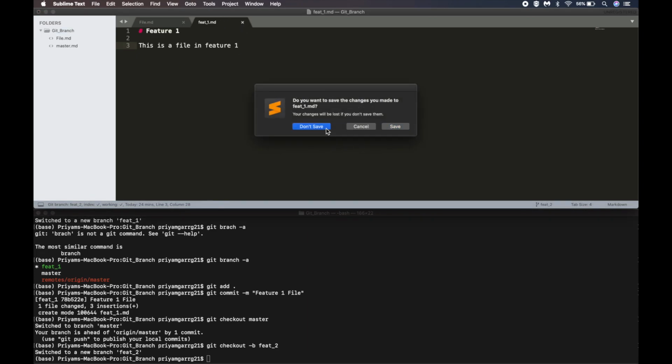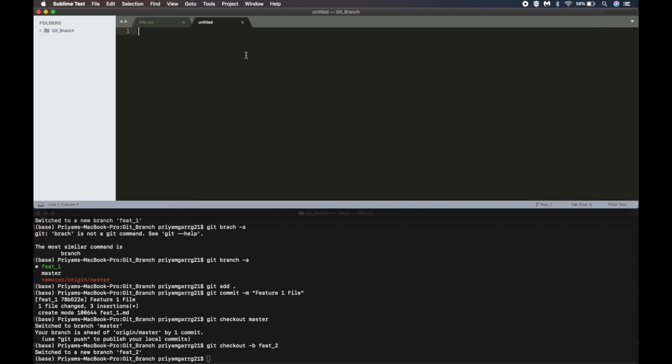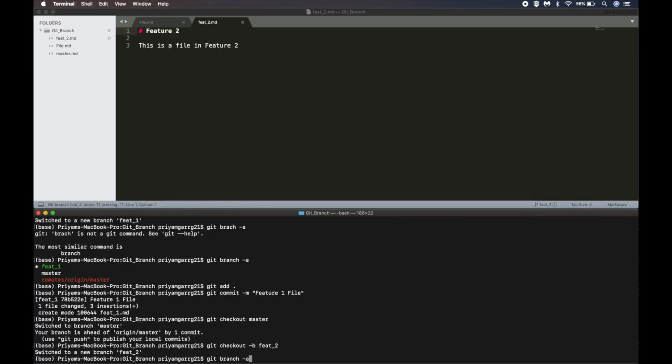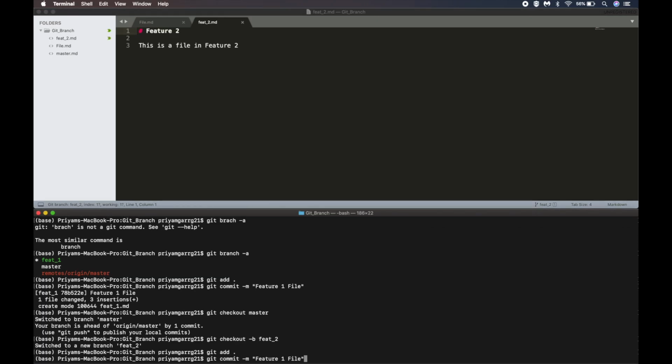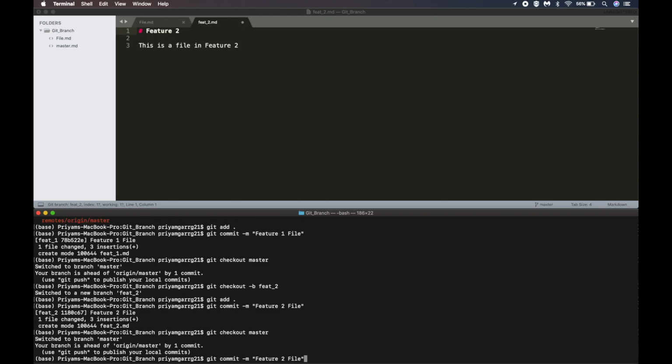First let me get rid of this file. New file. As you can see we have made changes in this branch, and let us add the file feature2 file. So as you can see at this stage we have made 2 branches and worked on both the branches. So let us go back to the master branch and see what the status of our branches is.